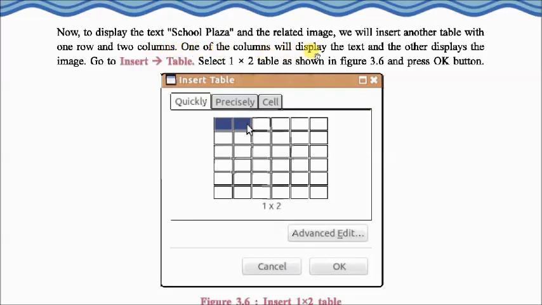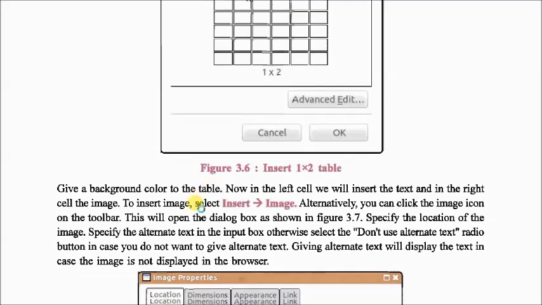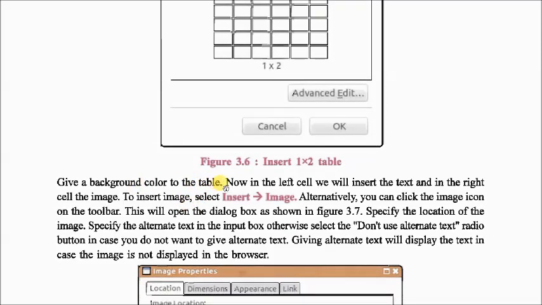One of the columns will display the text and the other displays the image. If you want to insert it, again use insert table and select 1 by 2. This is one row but two columns. Now press the OK button and give the background color to the table. Now in the left cell we will insert the text and in the right cell the image.